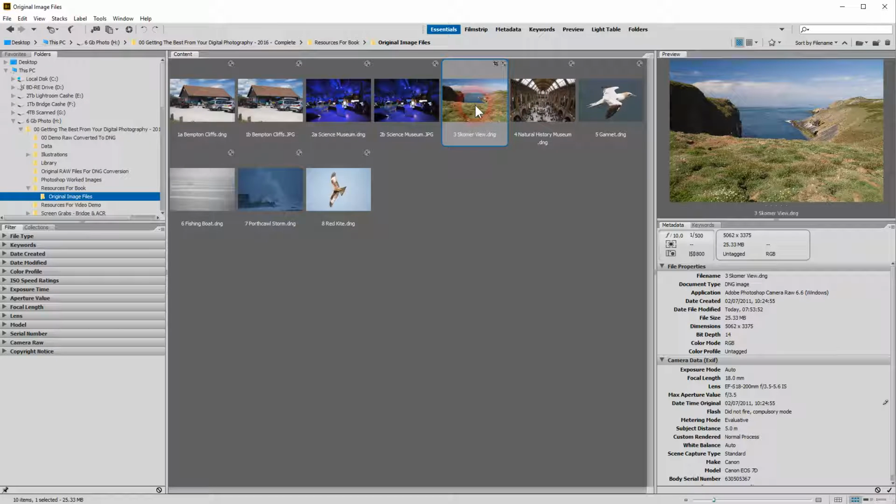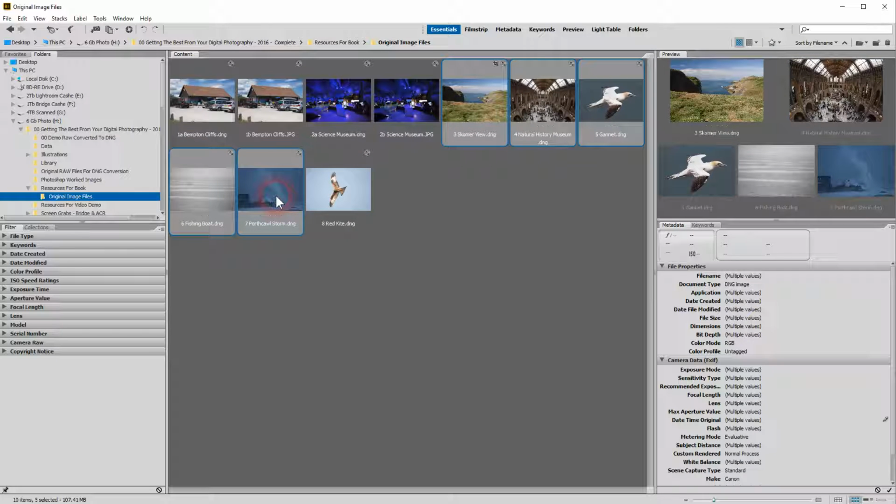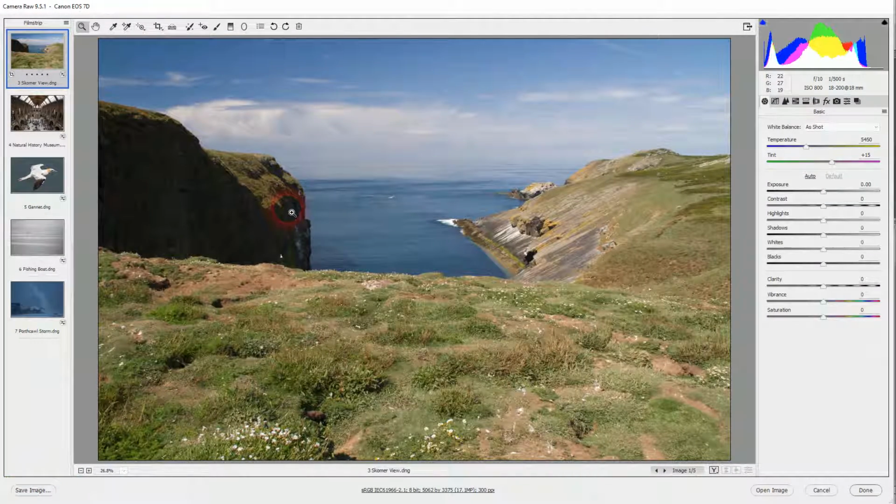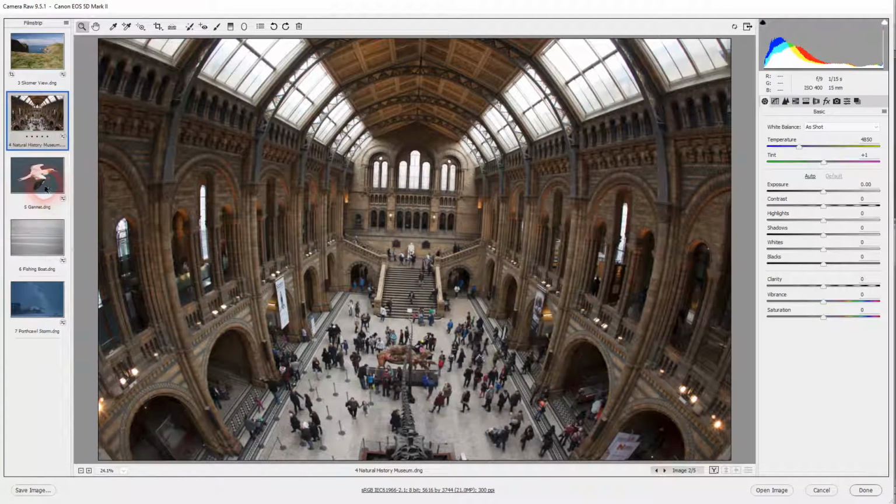I'm going to select the first image, and with the Shift key held down at the same time, select the last, so all 5 are selected. I'm now going to press Control and R, and that will open those images straight into Adobe Camera Raw. Now we can work on each of these images independently,